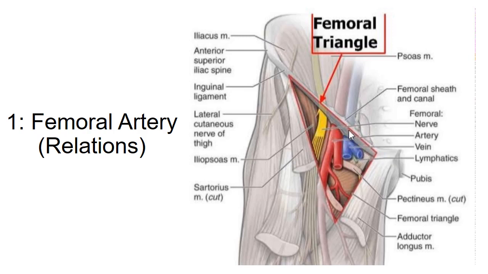Just below the inguinal ligament, the vein is medial to the artery. As you can see here, this is inguinal ligament. Just below this ligament, vein lies medial to the artery. Then the vein gradually crosses to lateral side posterior to the artery. It is directly behind the artery at the apex of femoral triangle and lateral to the lower end of the artery.